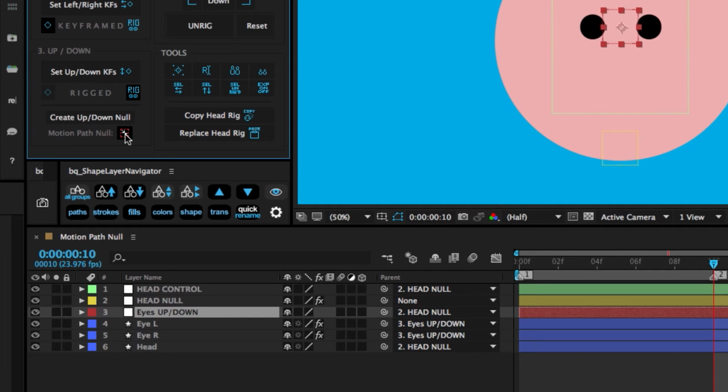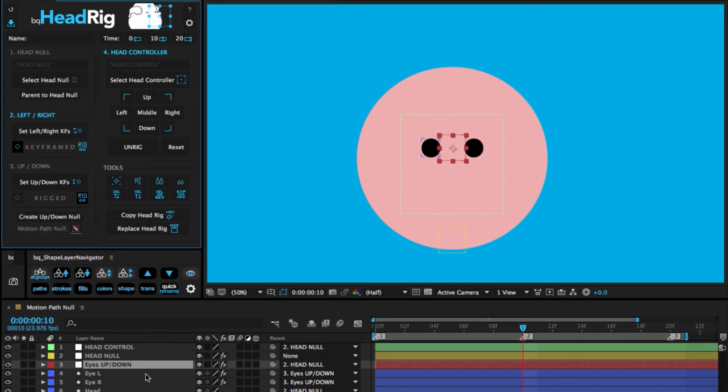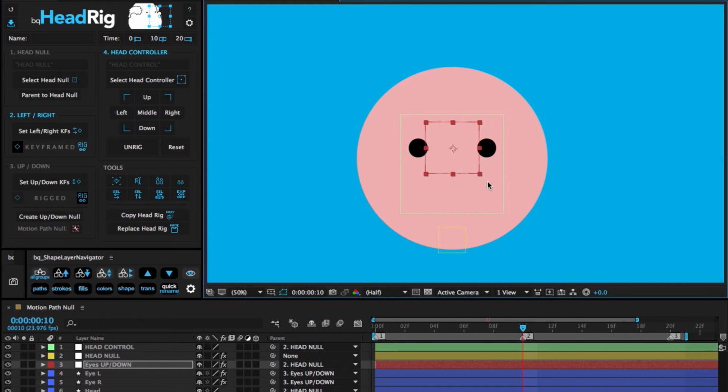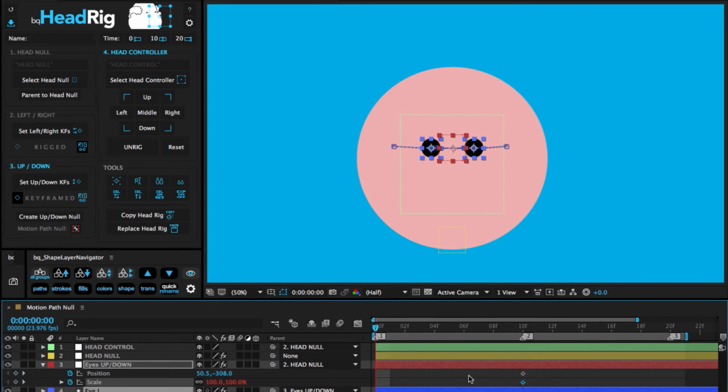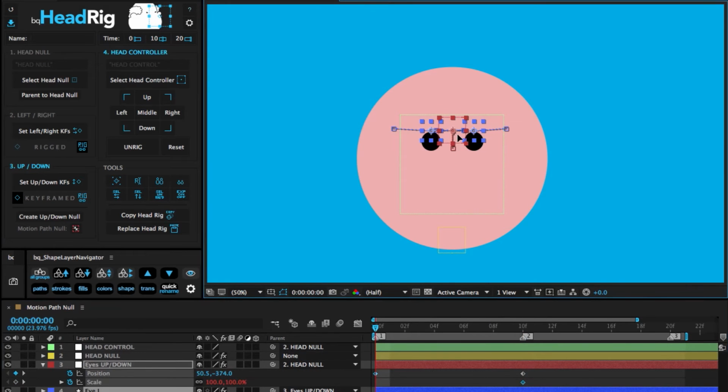Then I'll click this button to convert it to a motion path null. It's similar to a normal null, except its children are unaffected by its scale. This means you can use it to alter existing motion paths. And I can use this null to keyframe the up-down, just like I would a normal up-down null, except when